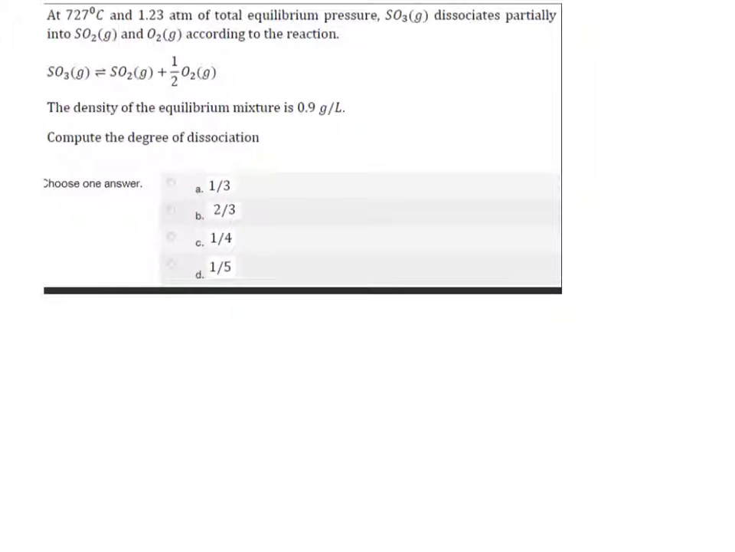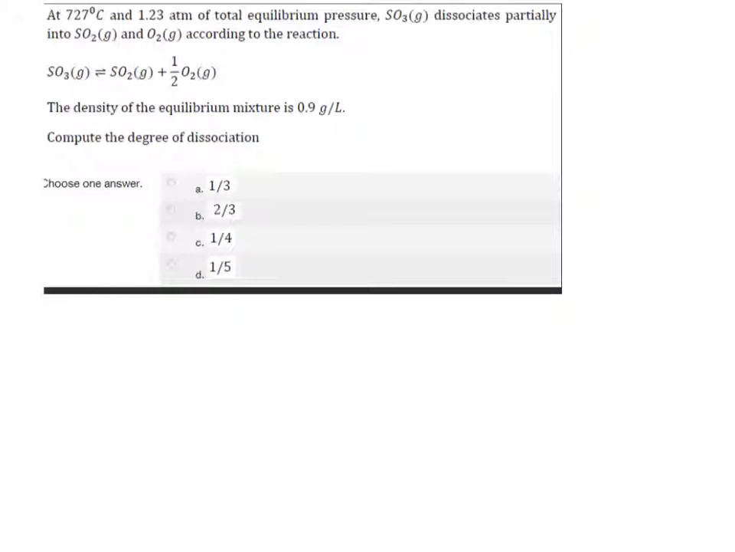Okay, Samarth, so you're having trouble with this problem. It says at 727 degrees Celsius and 1.23 atmospheres of total equilibrium pressure, SO3 gaseous dissociates, and you're given the equation. You're given that at equilibrium the density is 0.9 grams per liter, and you need to compute the degree